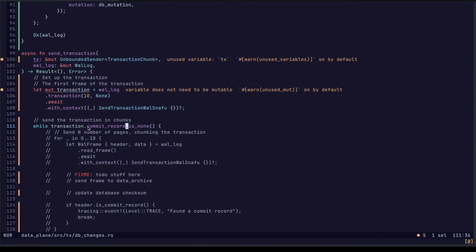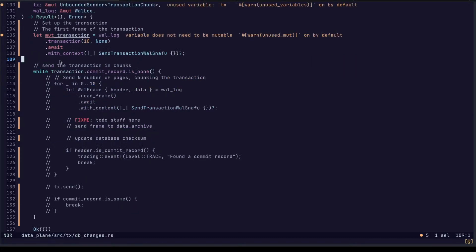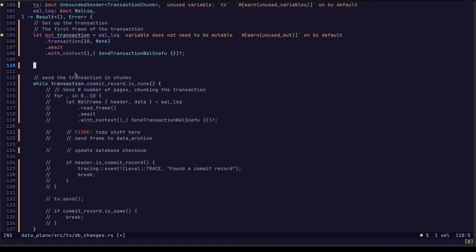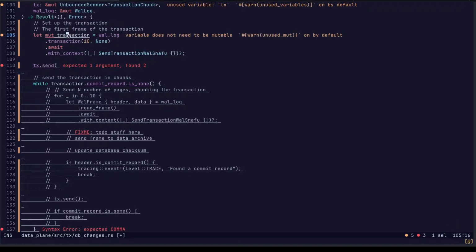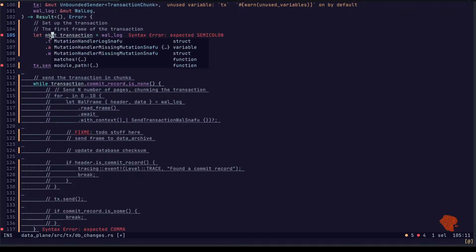Transaction. So we want to send that. Helix does send. What is that transaction chunk? I want to keep that afterwards. Have a like a is finished or something.